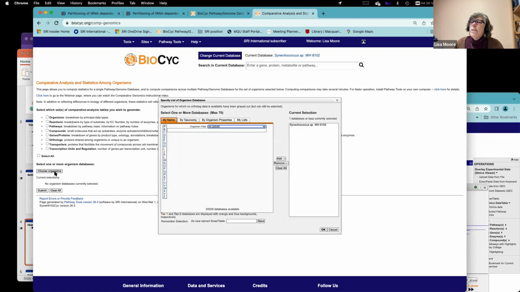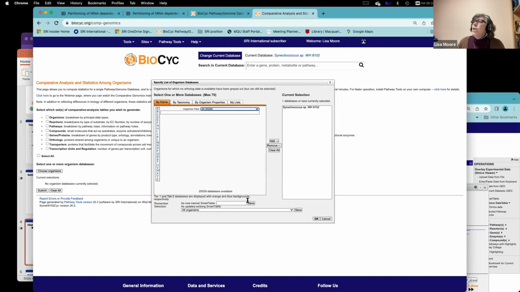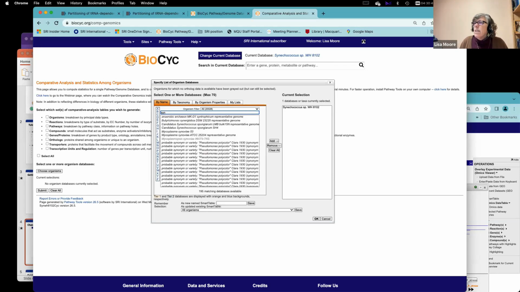To choose organisms, you click on that button and up comes a page for choosing organisms, similar to changing the current database, but it allows you to select multiple ones. And you can do that individually by typing in names of things. So we could type in Synechococcus,